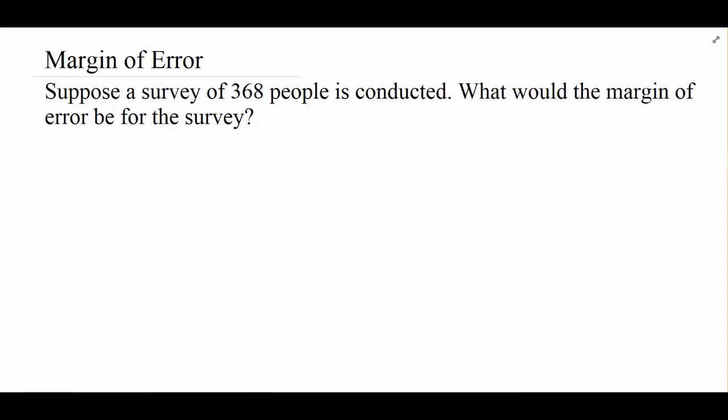So we said at the very beginning of this whole unit that one of the main ideas of statistics as a whole area of study is to be able to make inferences about a population by just taking a sample and looking at that sample. What the margin of error is doing is a way of saying that when I take my sample, it's probably not going to be perfect for the population. I might be off by a little bit.